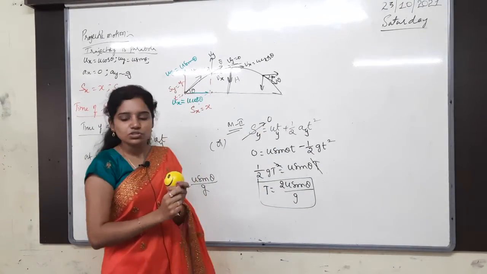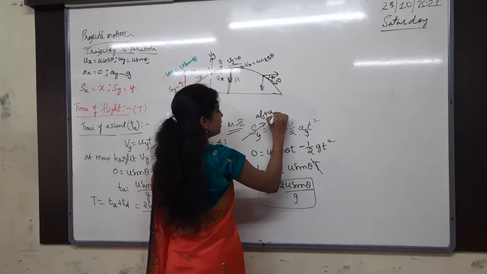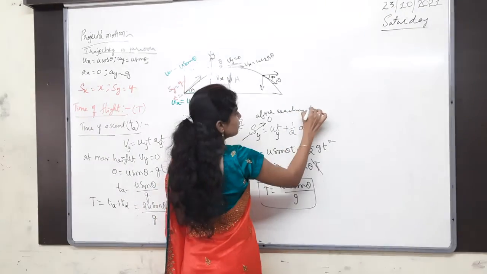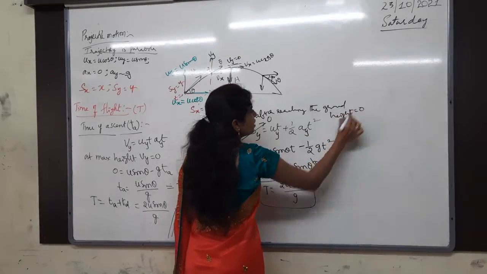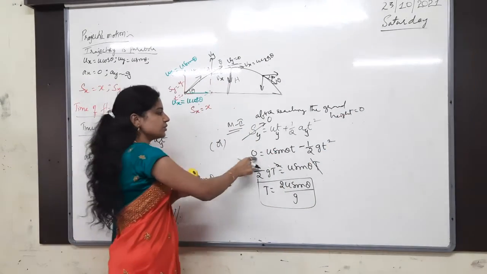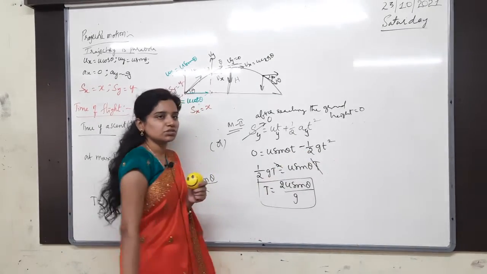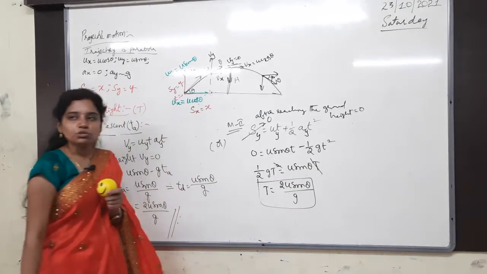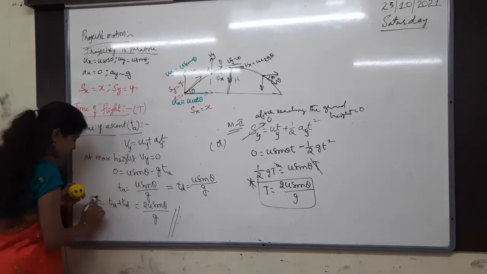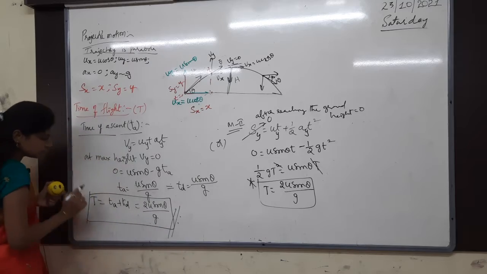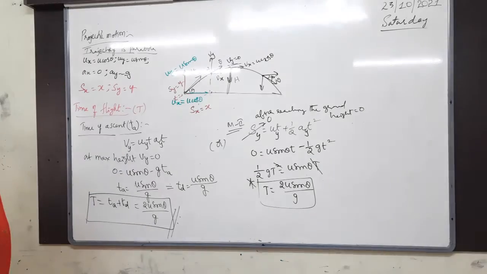Sy becomes how much? 0, because after reaching the ground, height is equal to what? Height is 0. Height of the object is 0. Then 0 is equal to u sin theta into total time of flight minus half g t square. From that, t is again how much? 2u sin theta by g only. Very, very important. Everything is important from now onwards. T is equal to 2u sin theta by g. Both are the same only. Copy that.